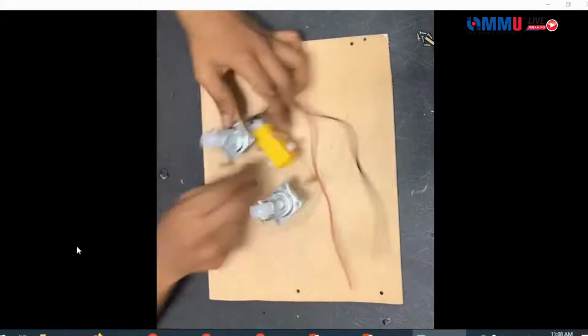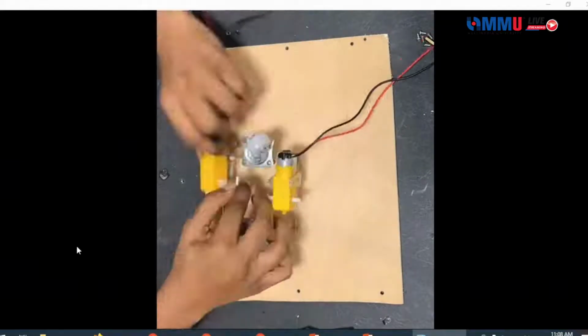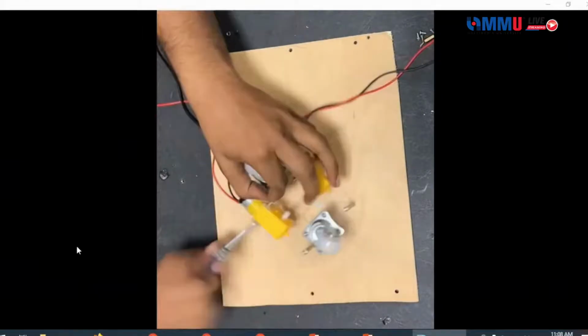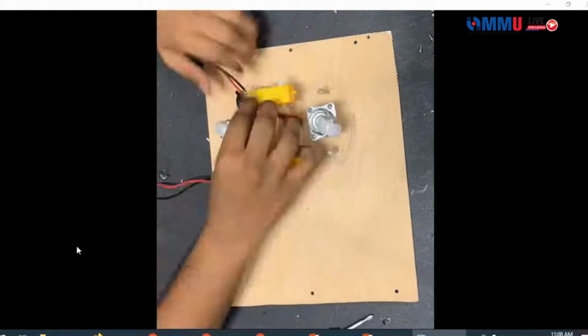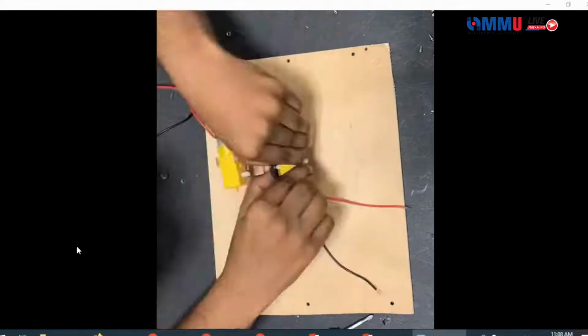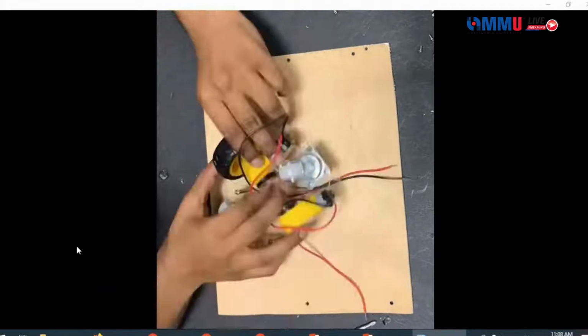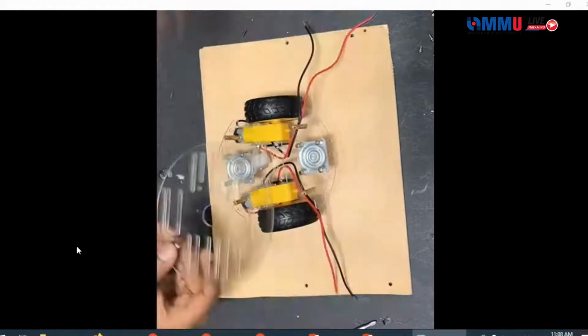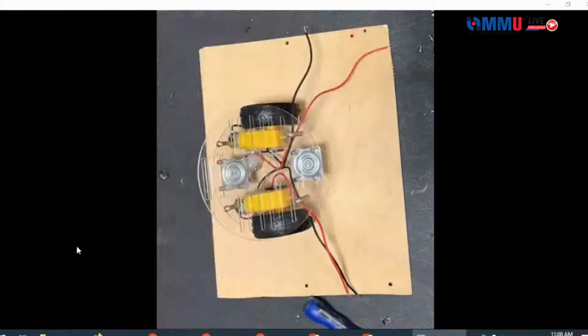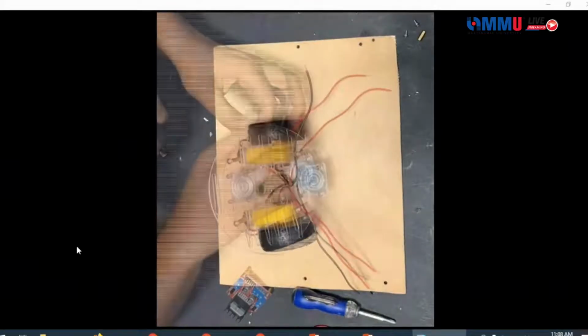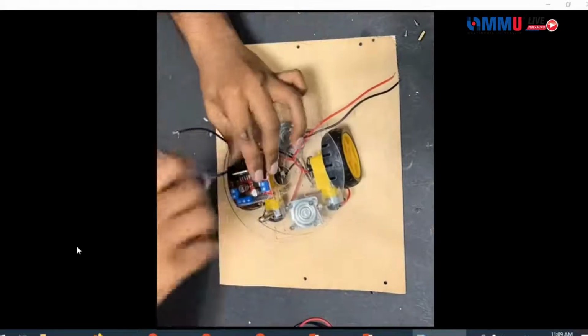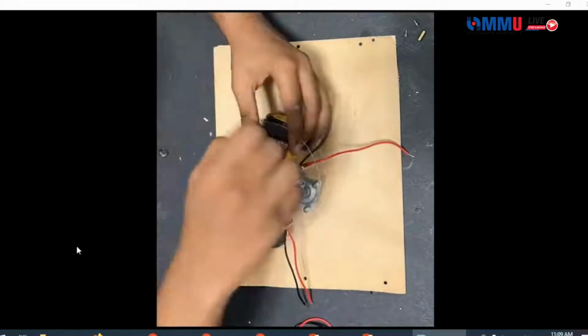Then after that, we'll try to assemble the DC motors. This is a two-wheel mobile robot, so it will be powered by two DC gear motors. We attach the wheels, and after that, we attach the top plate. The top plate will hold all the electronics, including our motor driver and